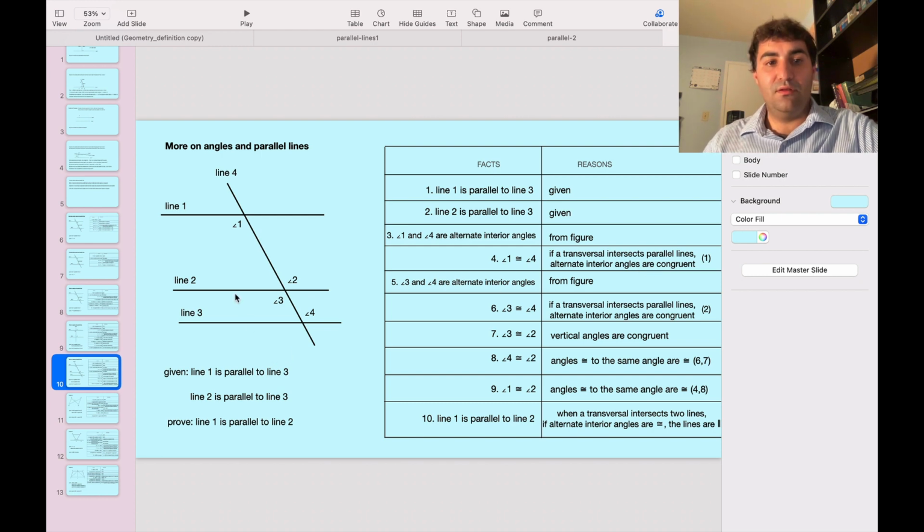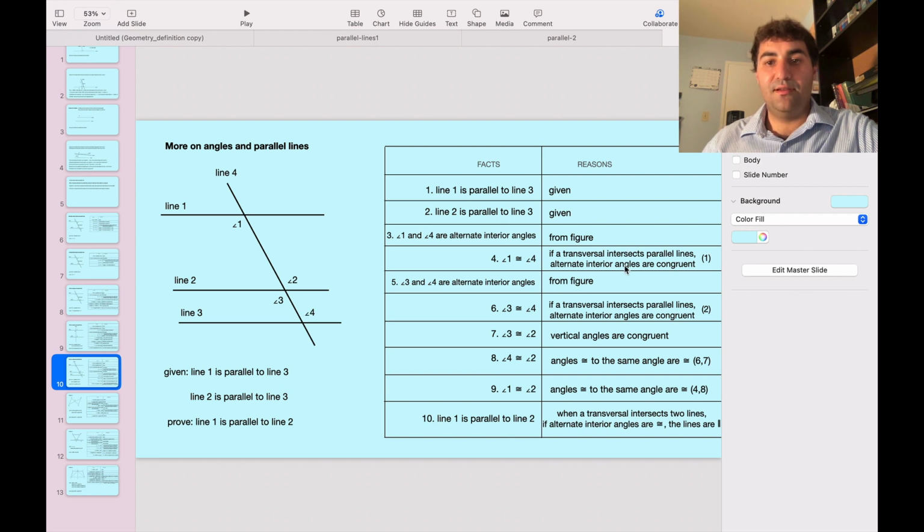Okay, if we look at line 2 and line 3, and line 4 is a transversal, then this angle 3 and angle 4 are going to be alternate interior angles because they're both in the interior region between line 2 and line 3, and we have the same transversal, line 4, and angle 3 and angle 4 are both on opposite sides, right? And we know that line 2 is parallel to line 3, so alternate interior angles are going to be congruent